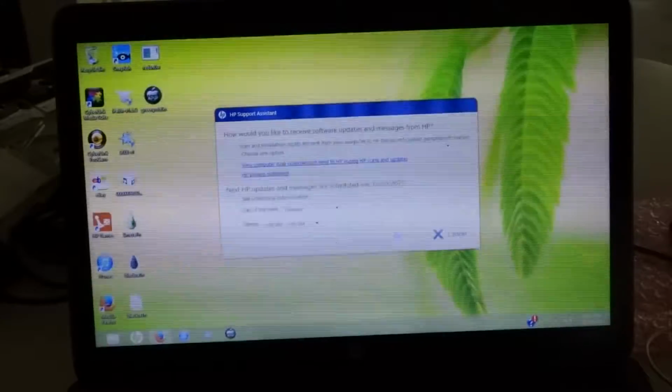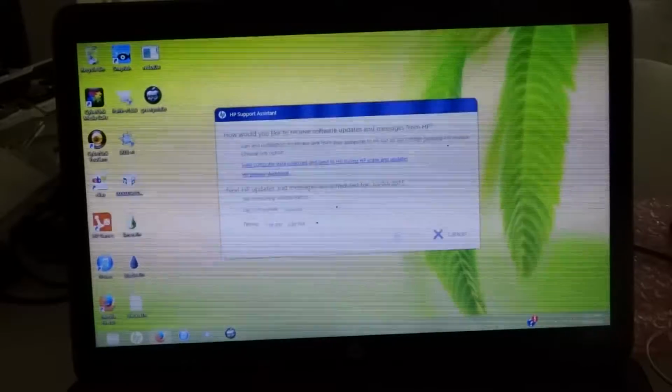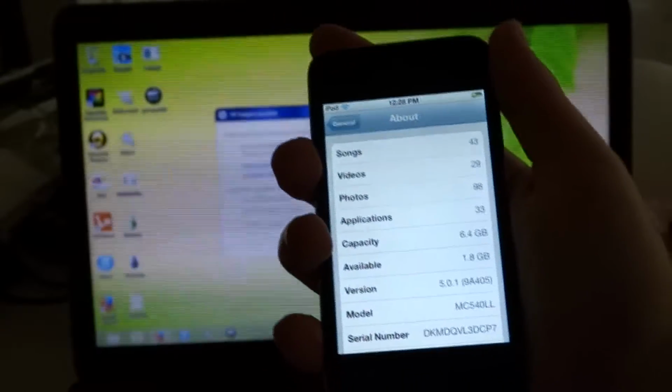And so pretty much I have this Apple iPod Touch 4th generation, crappy Apple iPod Touch 4th generation actually. This particular one,